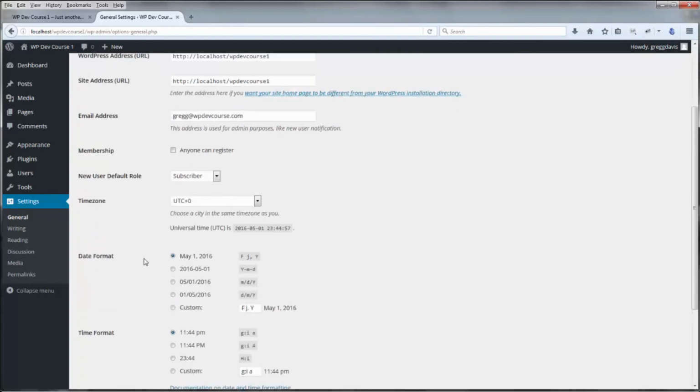And as we roll down, membership means that you can have people register as a user on the site, and when they register, what type of user are they going to be? A subscriber or a number of different users that will go through as we go into making membership sites in the future. I'll usually leave this unchecked for a regular